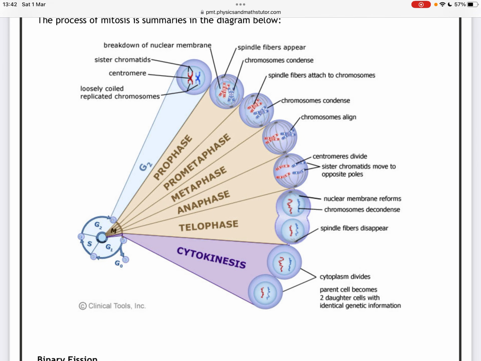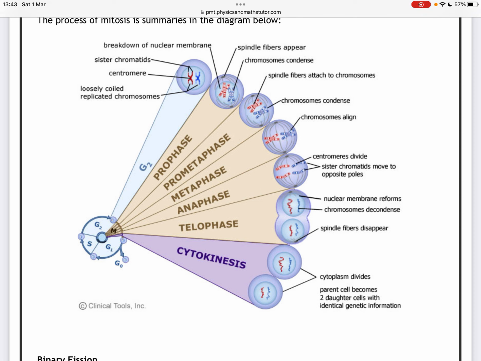The process of mitosis is summarized in the diagram below. So we have G2, which has loosely coiled replicated chromosomes. We have a centromere, we have sister chromatids, and the nuclear membrane is breaking down. And then prophase, with the breakdown of the nuclear membrane. When the spindle fibers appear, the chromosomes condense. Then in the